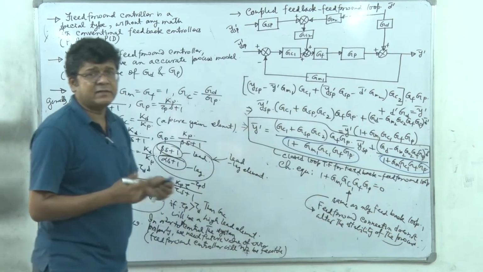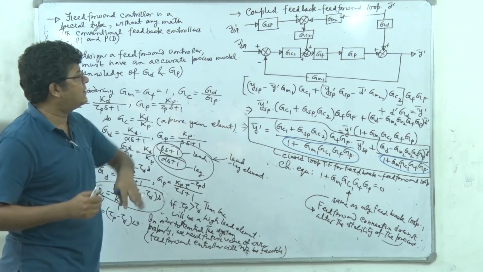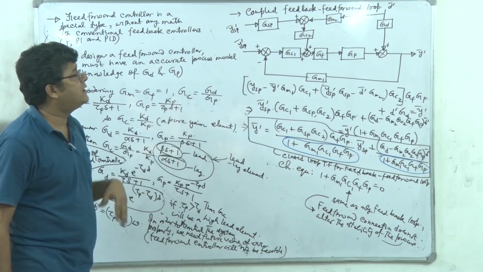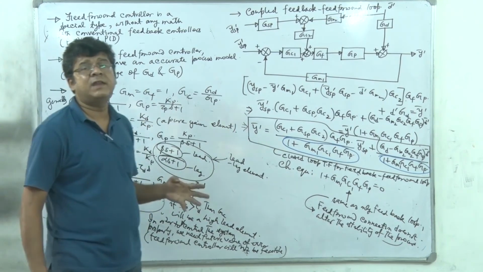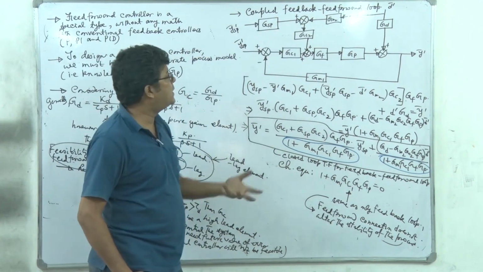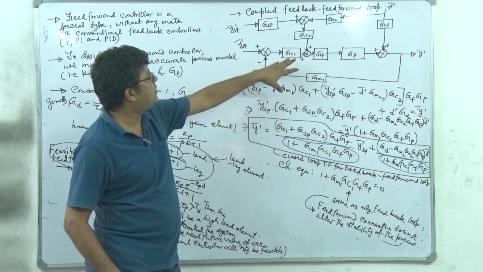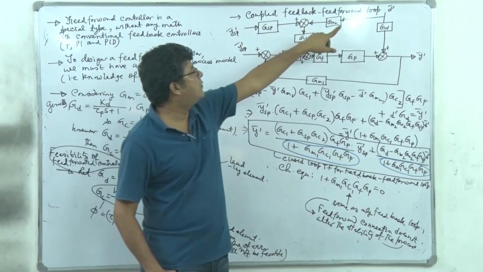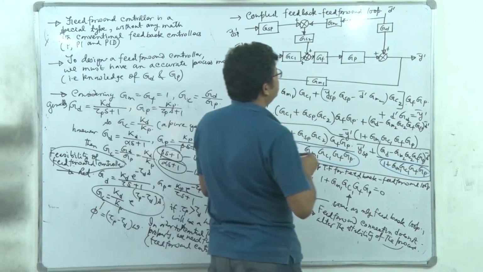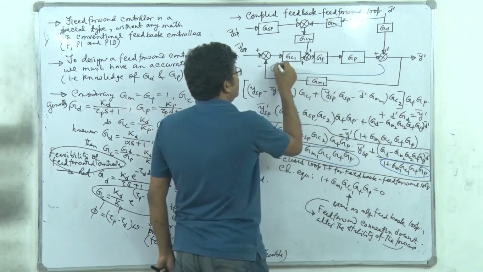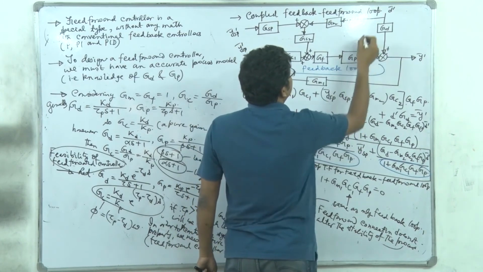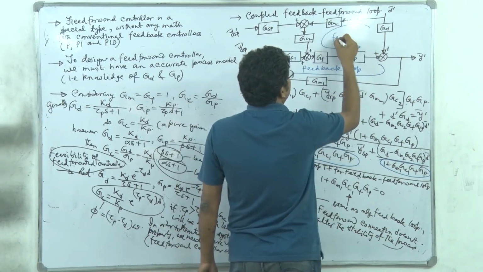So if I have an existing feedback loop and it is stable, and I simply attach the feed forward, right? The stability of that unit is not going to change, which is very advantageous for this coupling mode. We can couple without checking the stability issues. Simply we can couple the feed forward loop to this existing feedback loop. So you see that this is the feedback loop, and here this one is the feed forward loop.